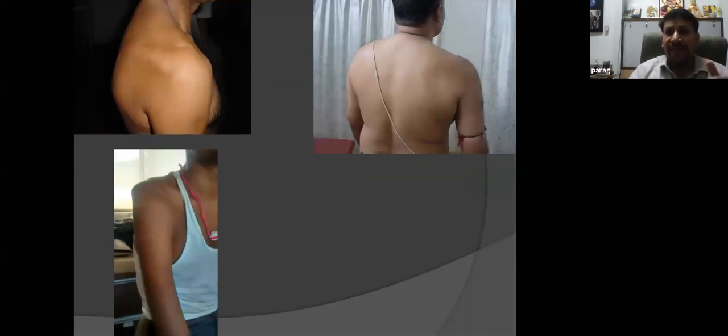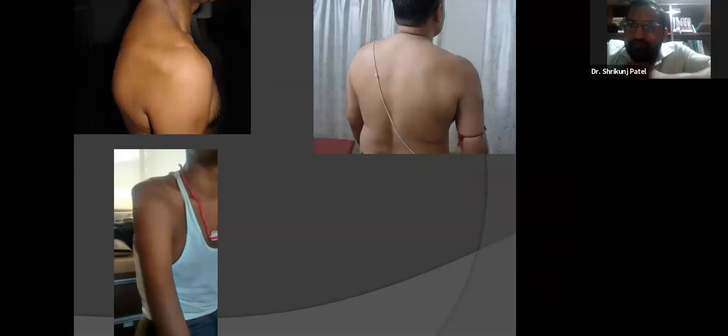Make sure that you have disrobed your patient irrespective of him being a male or a female. Is everything clear so far? I have not taken any tumors, or you can have exostosis or something, because it's very, very basic, and it would be a part of a general orthopedic examination anyway. So far, Shrikunj, any questions for anybody, just for the sake of inspection? Yes, anybody has a question regarding inspection?